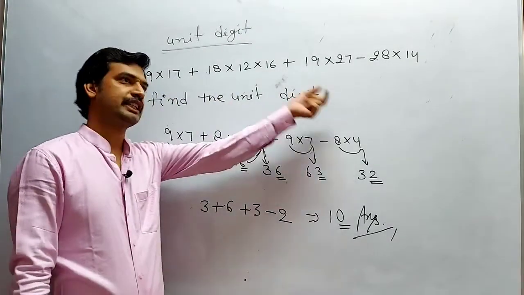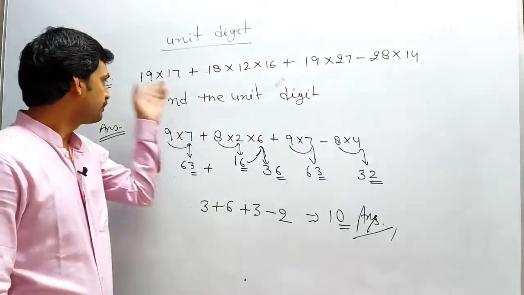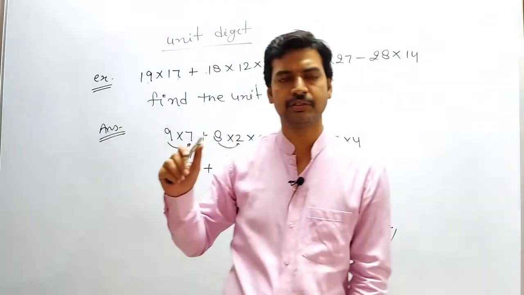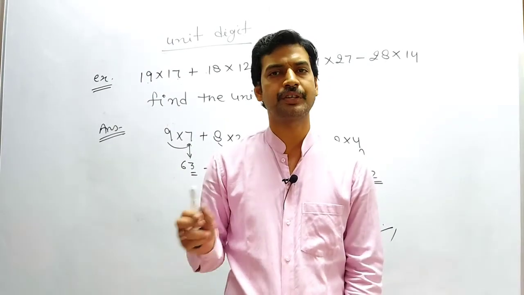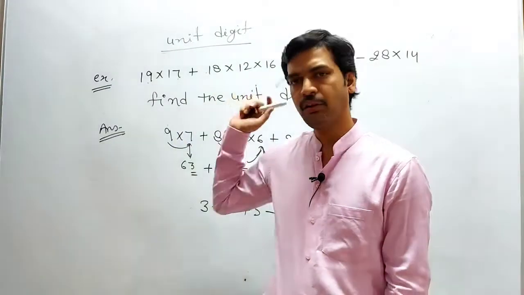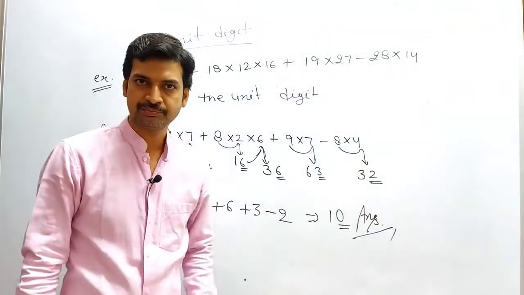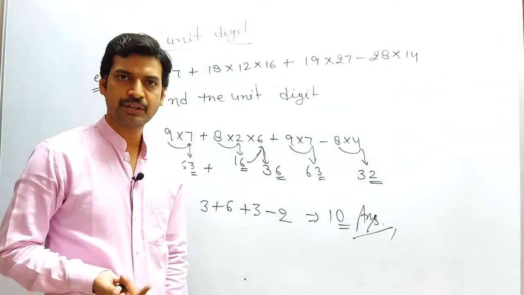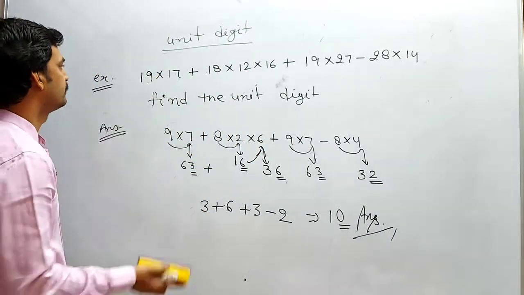So when we solve this expression, no matter what the numbers are, the unit digit of the answer would be 0. Sometimes it is asked directly, and sometimes the question gives options from which you need to find the answer, and all options are different. Obviously each one has a different unit digit. Then you can solve the question by solving only the unit digit. You need not solve the entire expression, right? When you get the unit digit, match it with the options; whichever option has the same unit digit would be your answer.